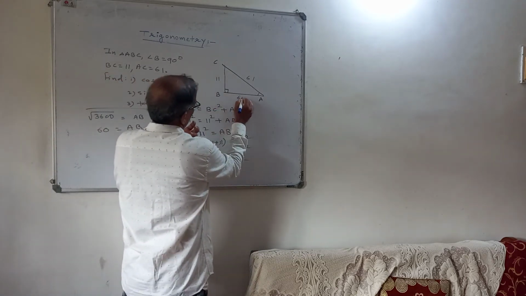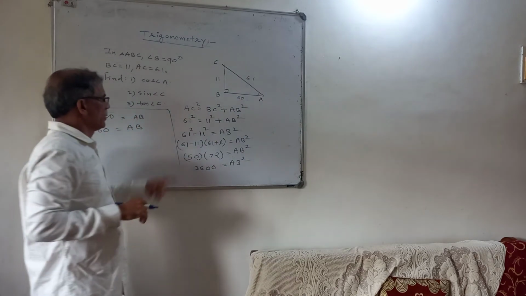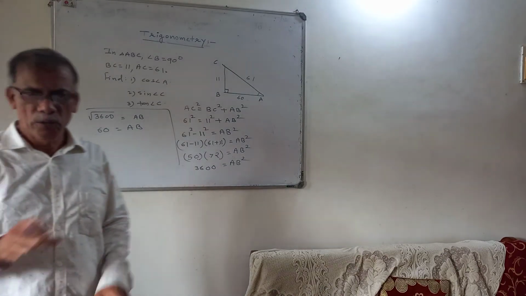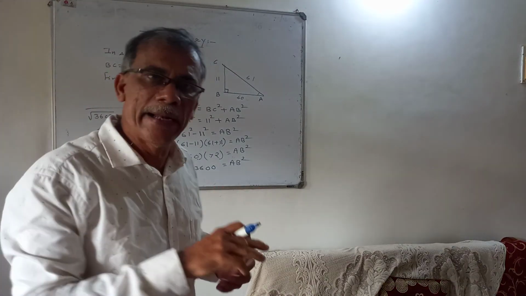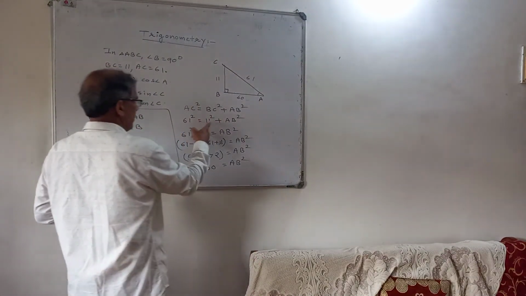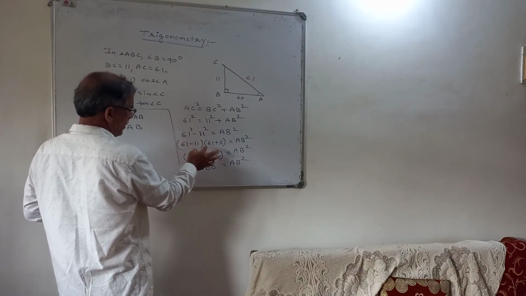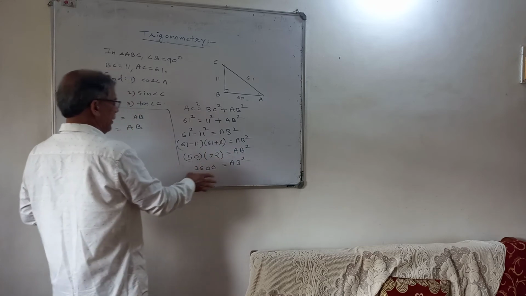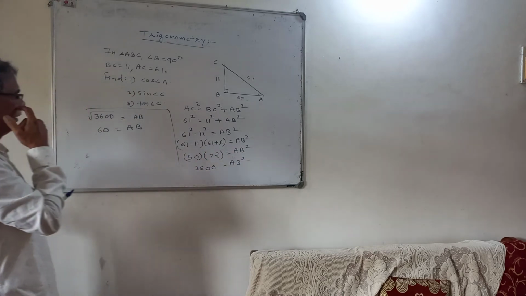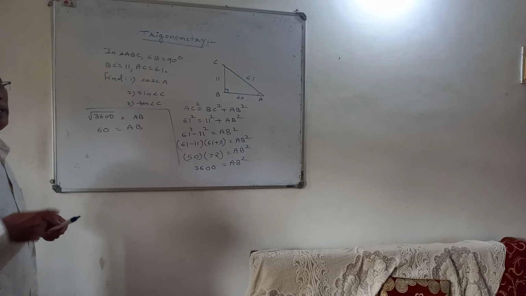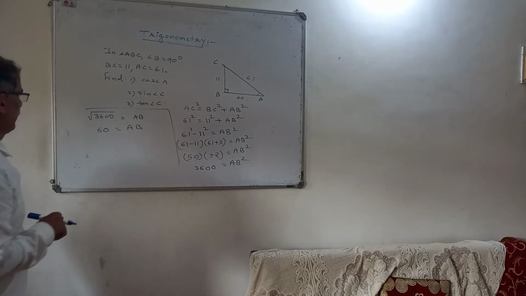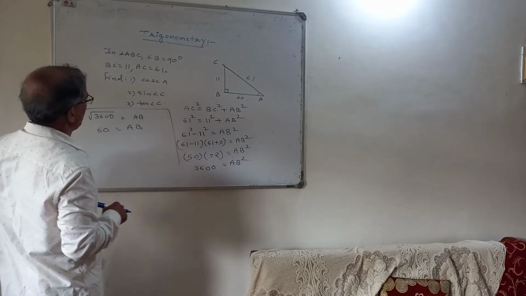This is 60 now. So what you have to remember? Suppose big numbers are there. You don't find the square, but you use the identity. Directly bring it in the form of a difference of squares, x minus a, difference of two numbers, into the addition of two numbers, and that will easily give you the square root of that particular number. Okay, and now we can write the remaining answer.